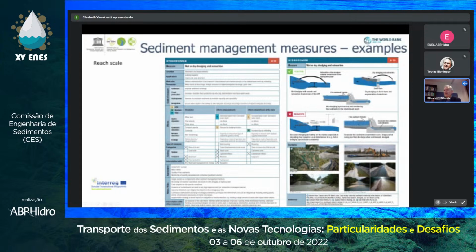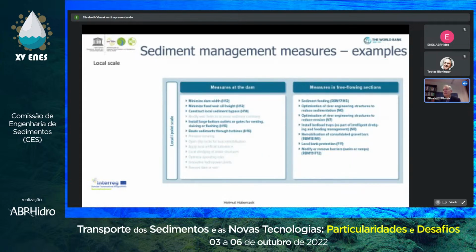Or you could, of course, go for dredging and reinsertion. There are even SETCON and other tools. You dredge here in the upstream part, you have a pump, and of course a pipe going downstream, and so you artificially transfer the sediments from the upstream side to the downstream side. There's even a robot being discussed nowadays that can go like a mower for the lawn along the bed of the reservoir, and all the time takes the sediment out and transfers it downstream. Of course, this is costly and energy is needed. So it is an option, but if possible, we would want to avoid it, though sometimes it's necessary.